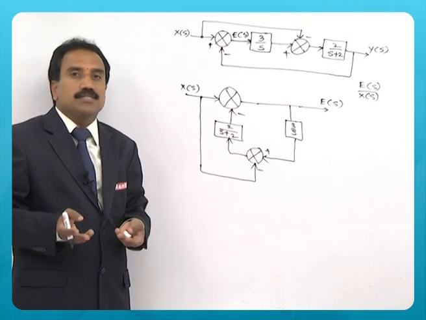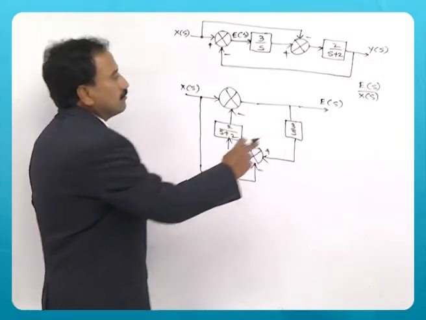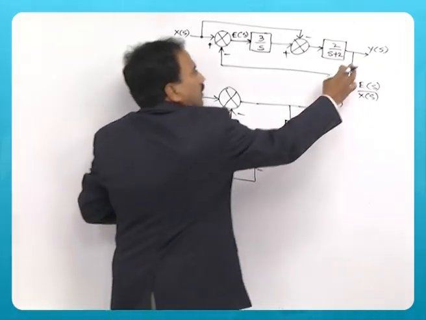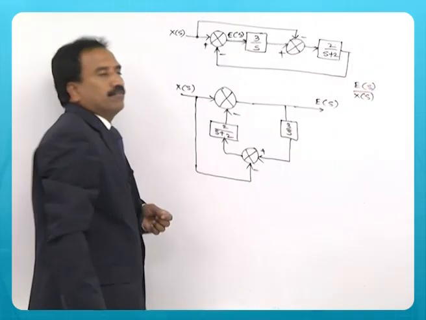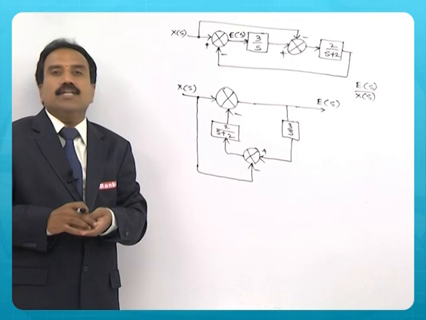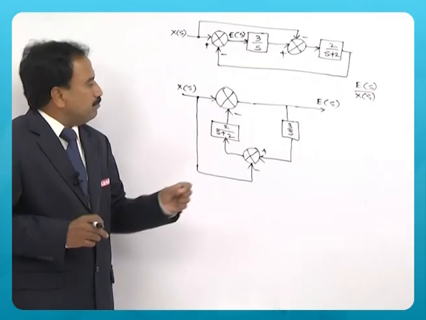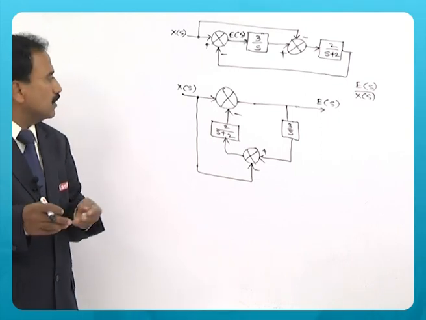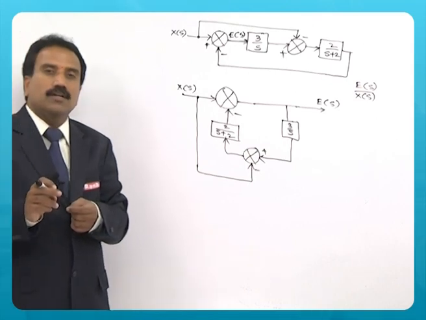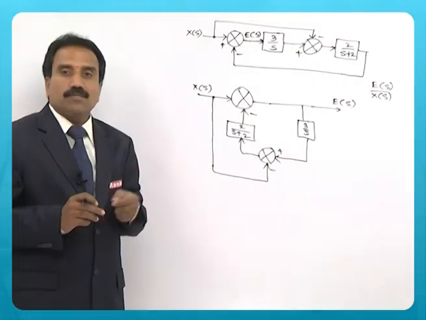No y of s exists in this second case, because the question is E of s by x of s. So you can simply ignore this particular y of s, and the block diagram is redrawn. Now it is also not that simple to find using block diagram reduction rules, but signal flow graph will help us get the ratio E of s by x of s in an